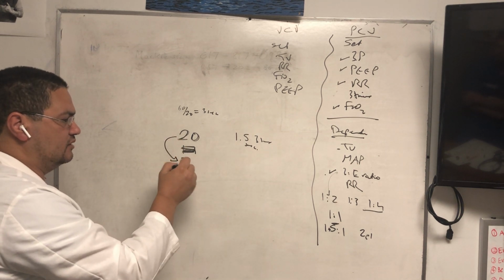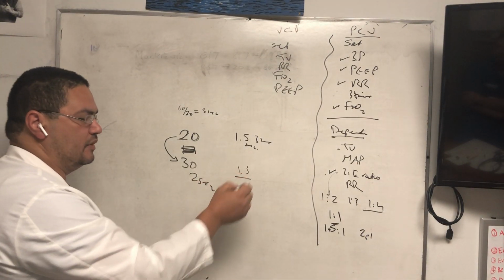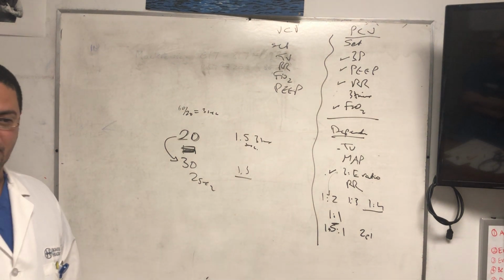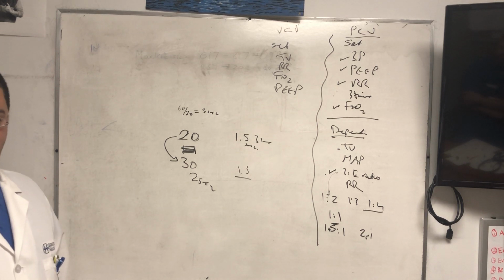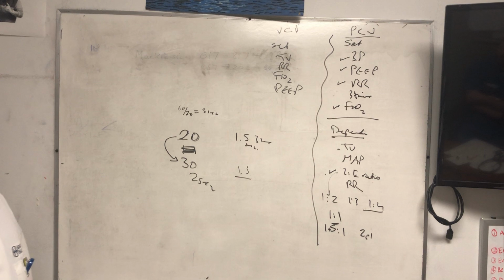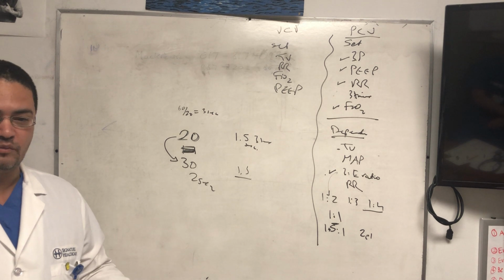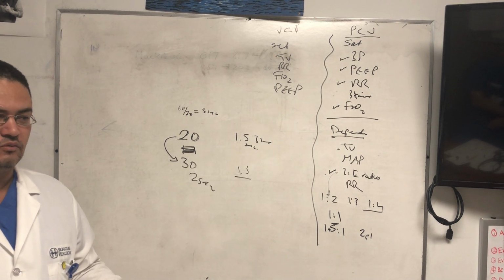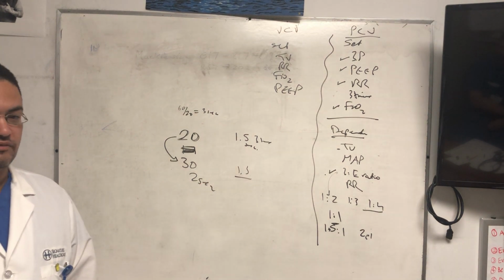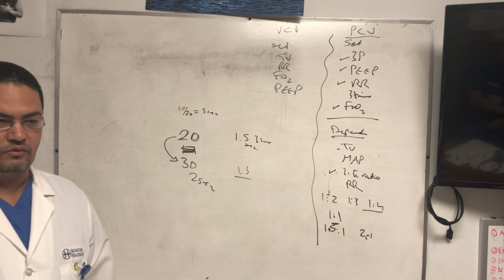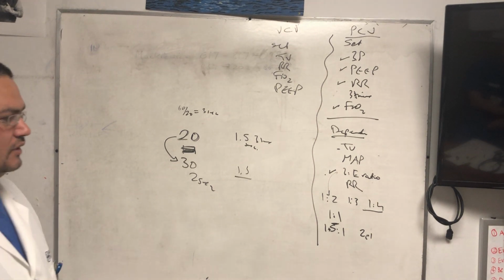If the patient goes to 30, breathes at 30, what's going to happen? He now has 2 seconds per breath. 1.5 of them will remain I time, and only half a second will be for the E time. So the patient will have auto-PEEP, pop his lung, get discoordinated with the vent, and get very mad at you, right? So that's why we order the I to E ratio. The respiratory therapist visits the vent, checks the vents every 4 hours, or PRN, and whenever he finds that the patient is breathing faster, he can calculate again and make the I time 1 second. Or if he finds the patient breathing slower, he'll prolong the I time, and he keeps changing the I time. But that's for safety.